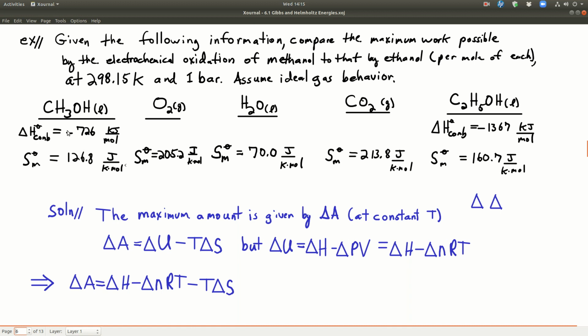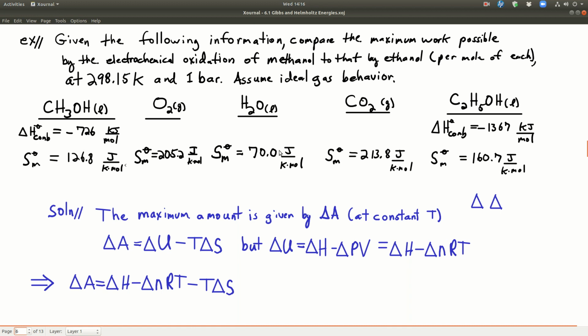So this is the heat of combustion of methanol, the heat of combustion of ethanol, and the molar entropy of each of the species involved. So calculate the maximum amount of work possible. Okay, it's electrochemical oxidation, so we're going to use the Helmholtz energy